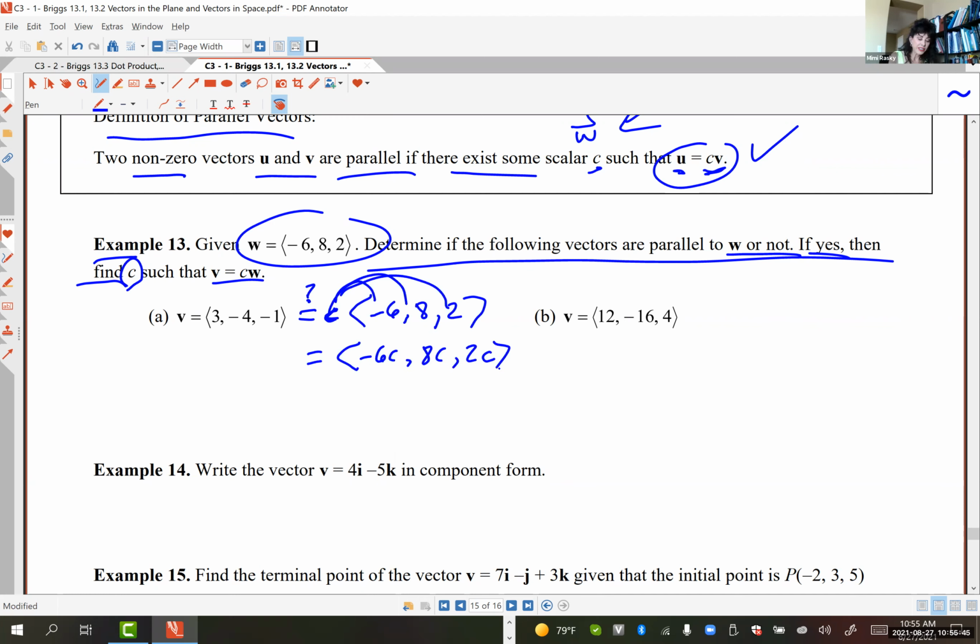And now if these vectors are going to be equal, you're going to equate the components. So we need 3 to equal negative 6C. At the same time, we need negative 4 to be equal to 8C, simultaneously, that is. And then we need the negative 1 to be equal to the 2C. Solve for C 3 times in a row, and all of the C's have to be a match, and then that will mean it's parallel. Otherwise, not parallel. So when I solve for C 3 times,